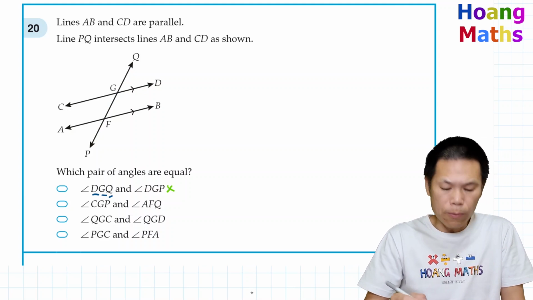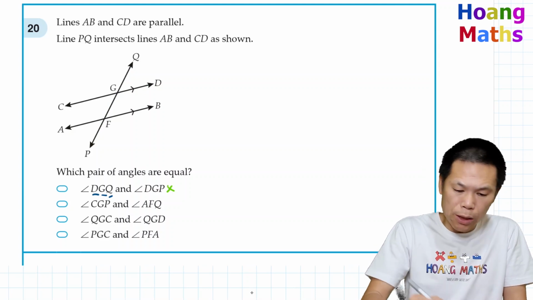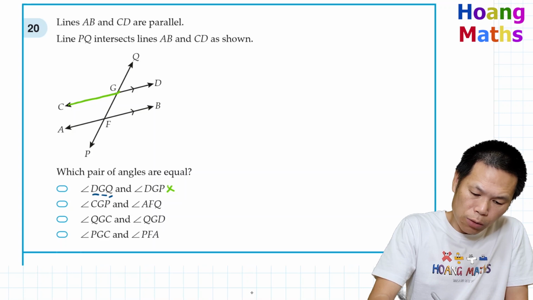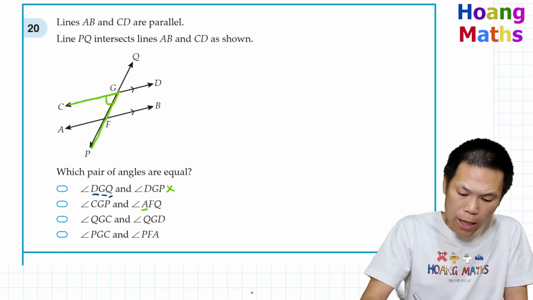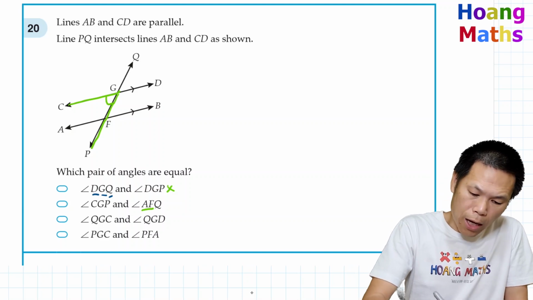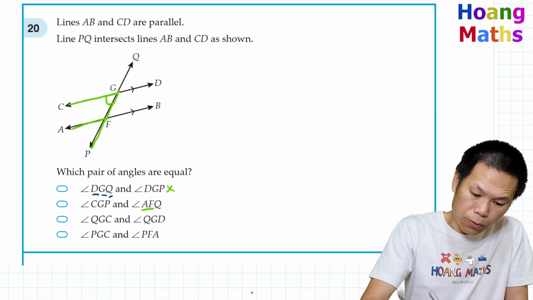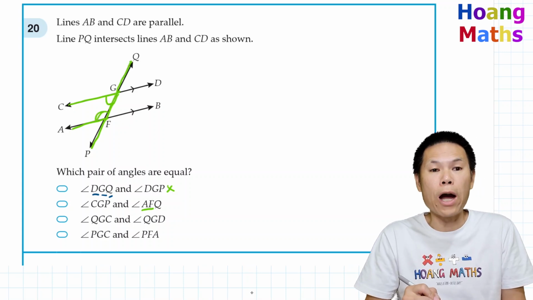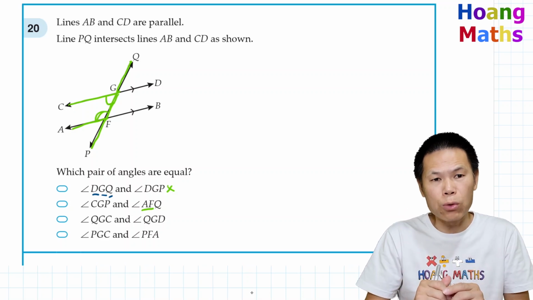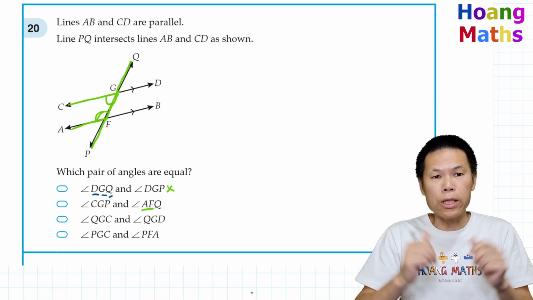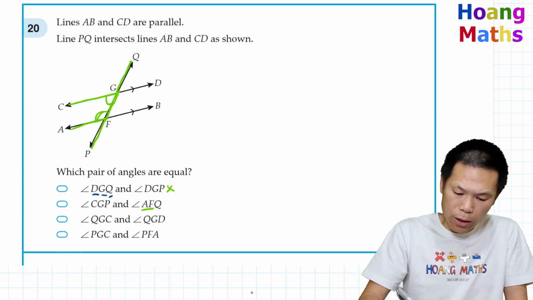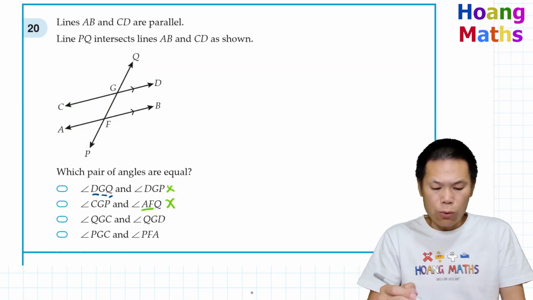Now the next one is angle CGP. CGP is this angle here. And angle AFQ is this angle here. So therefore they're not equal either. In fact they both add up to 180 as well. They are co-interior angles if you like. So it's wrong. And the next one is